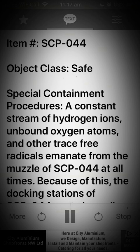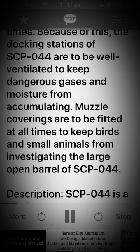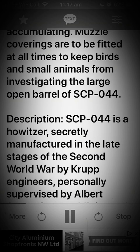SCP-044. Object Class: Safe. Special Containment Procedures: A constant stream of hydrogen ions, unbound oxygen atoms, and other trace free radicals emanate from the muzzle of SCP-044 at all times. Because of this, the docking stations of SCP-044 are to be well ventilated to keep dangerous gases and moisture from accumulating. Muzzle coverings are to be fitted at all times to keep birds and small animals from investigating the large open barrel of